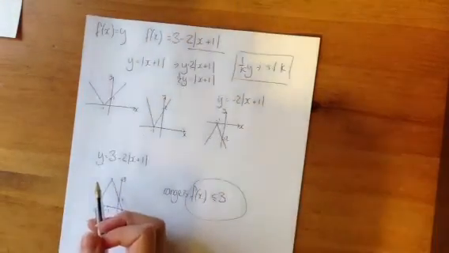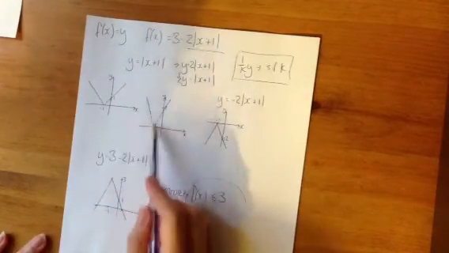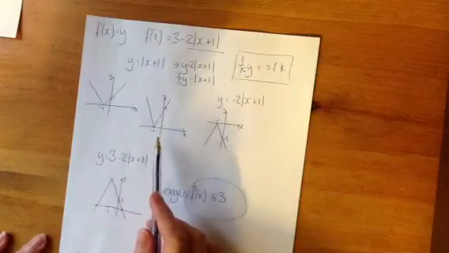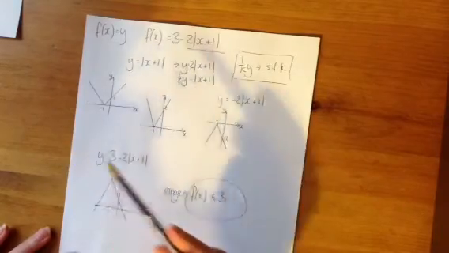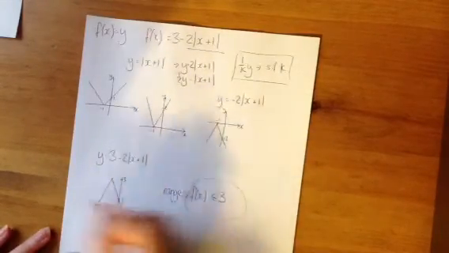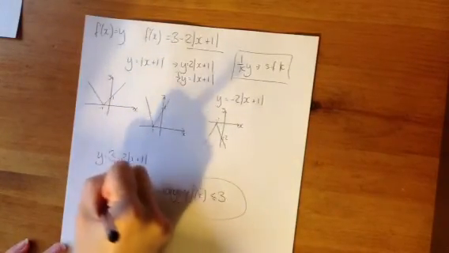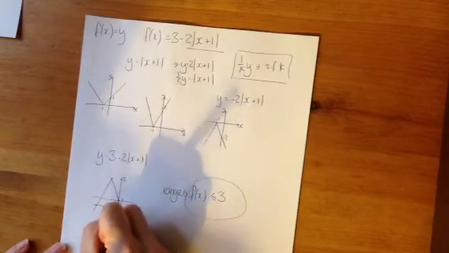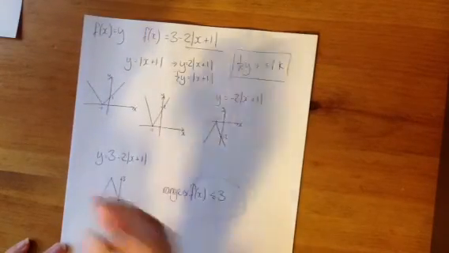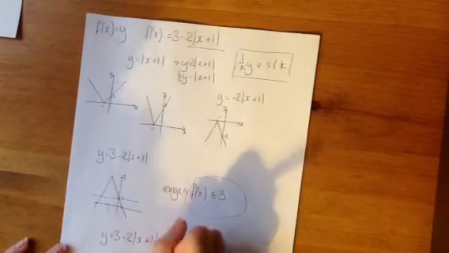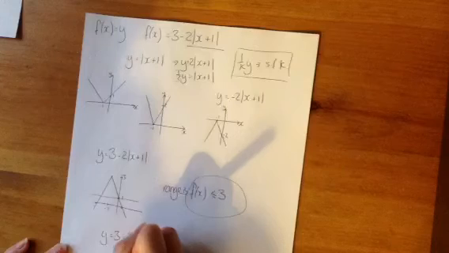So a couple of different bits that you need to remember. Key points: when you are dealing with a modulus and you're trying to solve an equation or an inequality, you need to remember to solve for both the positive and the negative. If you're then trying to solve an inequality, it's usually fairly obvious. If you were, for example, trying to solve the inequality of y equals 3 minus 2 lots of the modulus of x plus 1, and we wanted to solve it for y greater than 1,